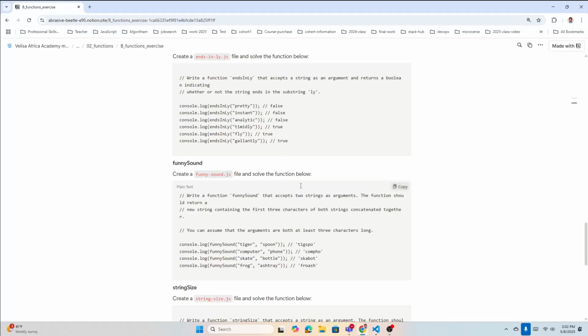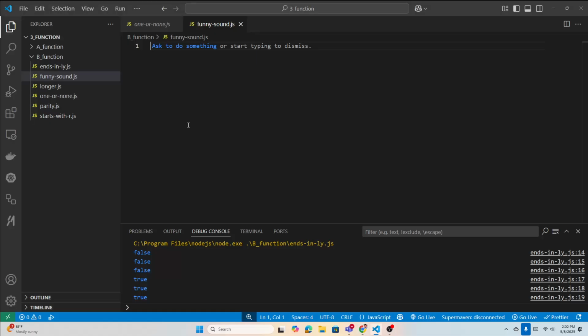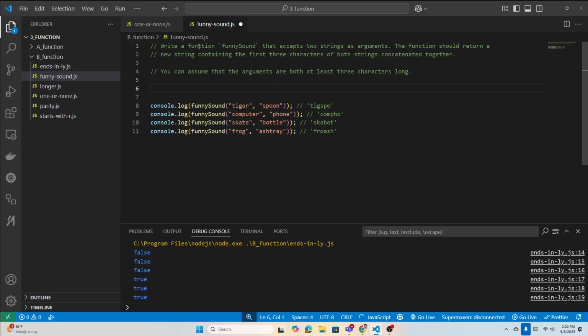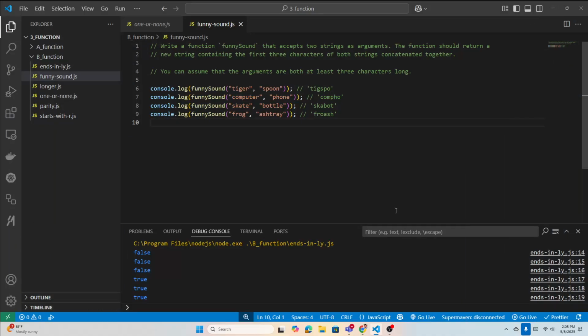So now funny sound, okay? In funny sound, first I'm going to read the question. Write a function called funny sound. Guys, just give me a few seconds. And yeah, so the question is saying, right,